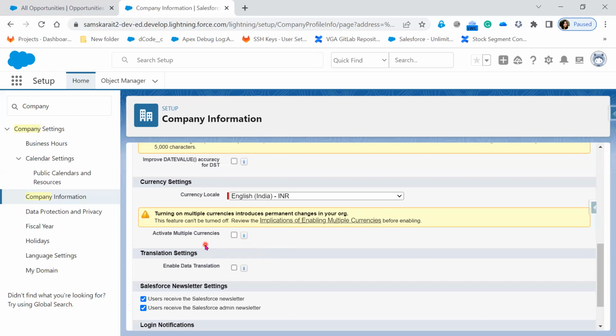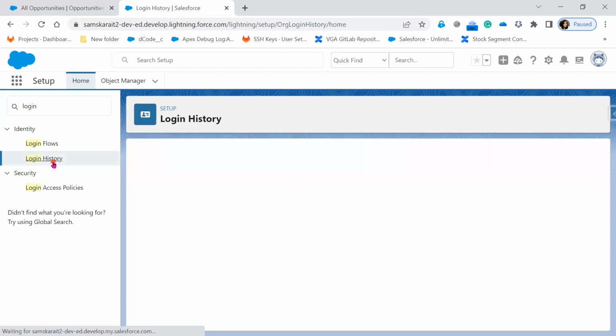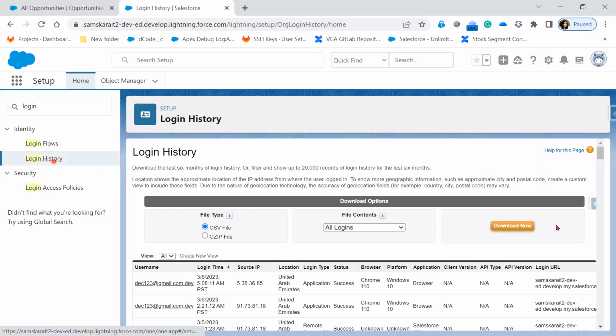Now, the interviewer says, how do you know from where the client is accessing the Salesforce application? How does Salesforce know it? So we have an option called Login History. If you go to the login history, we have an option here, download. If you click on download, or if you view this,